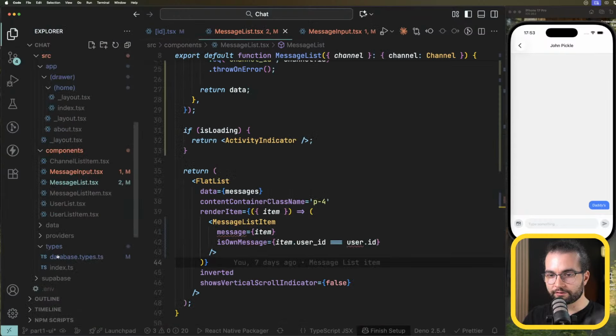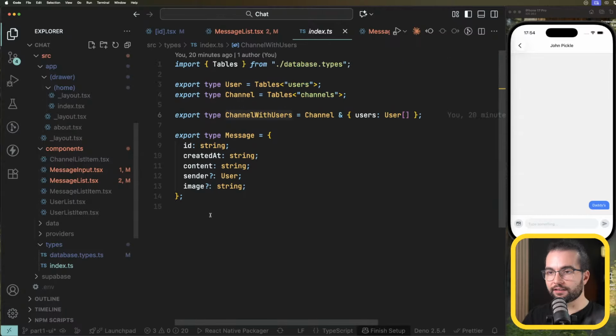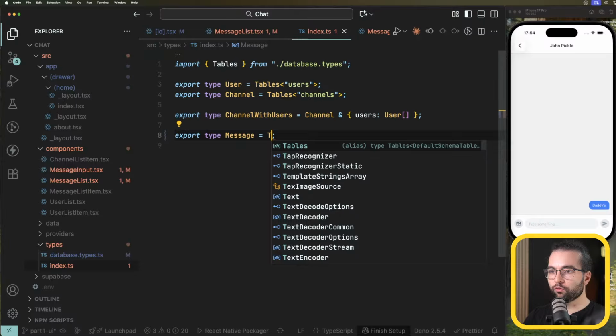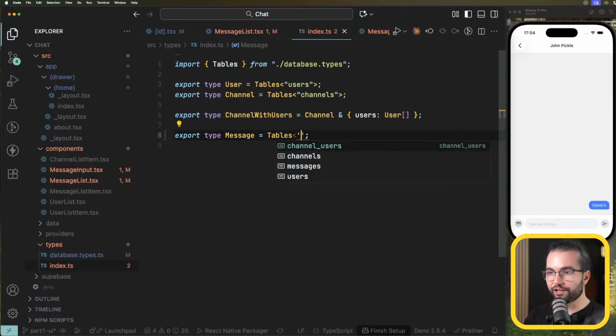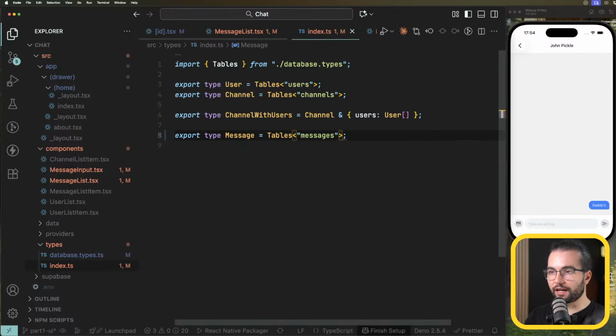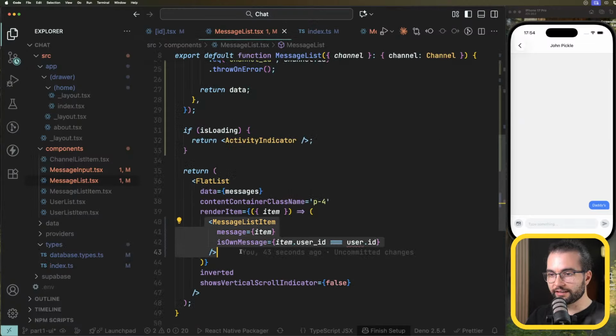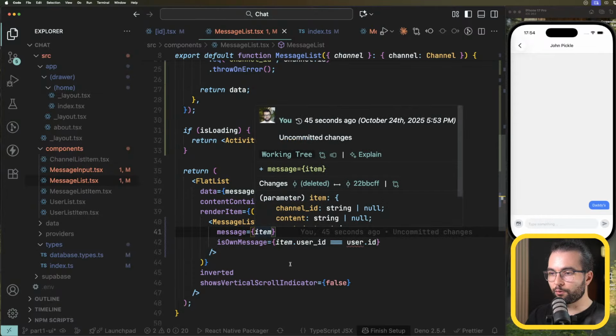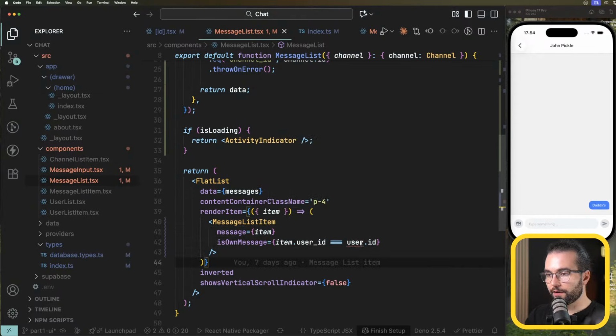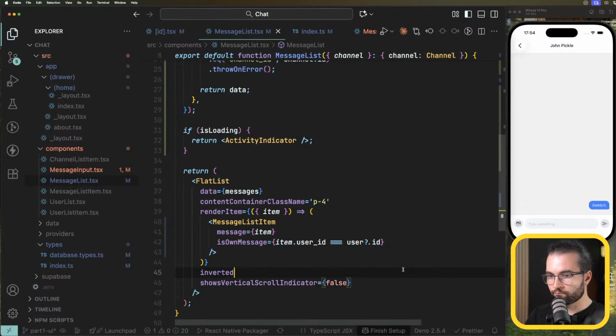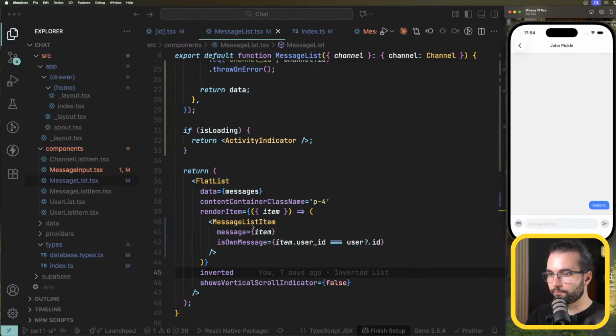Let's fix the TypeScript by going to the types index and switching from manually defining the type message to taking it from our generated messages table type. Now in the message list, when we render this, it's happy with this. Should be good. Perfect. If I send hello,